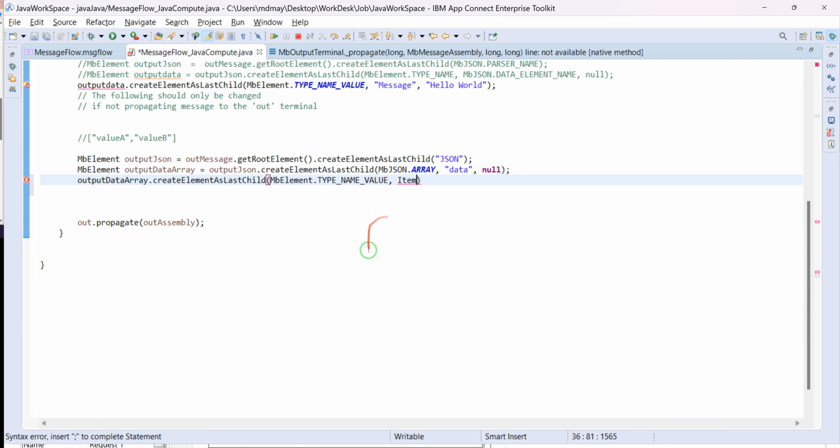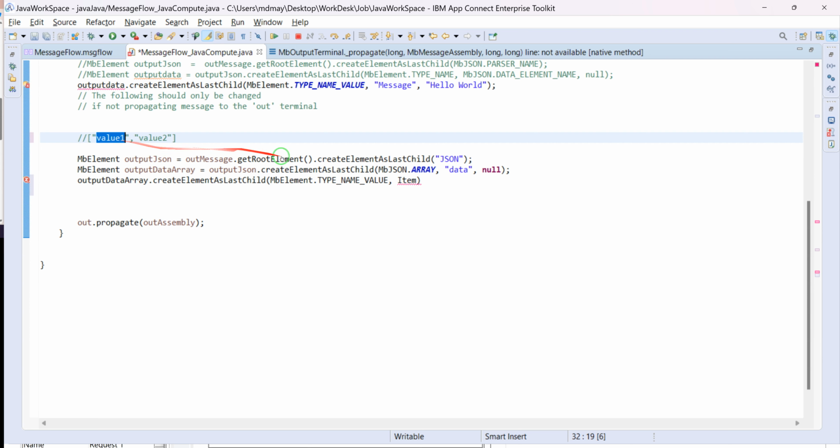I don't know why I called them value 1 and value 2. Let's say item A and item B. Let's call them 1 and 2 so that you're not confused, because I used value 1 and value 2 on the array. So item 1,